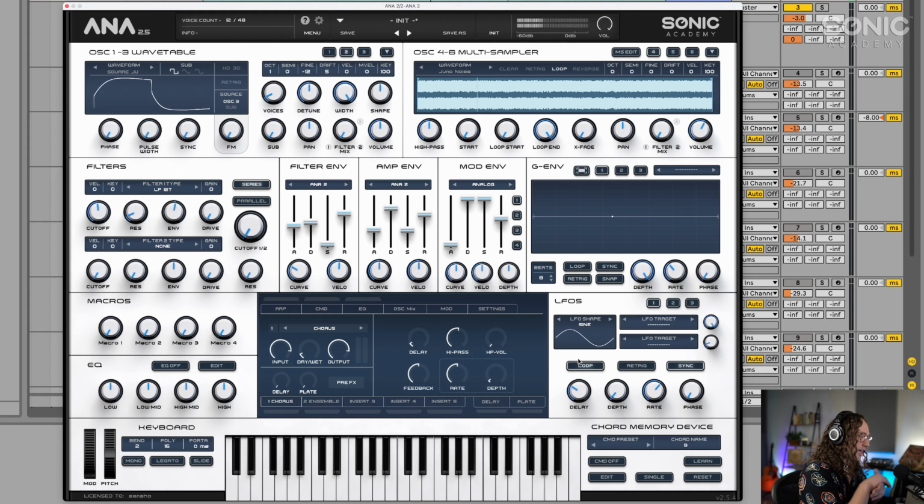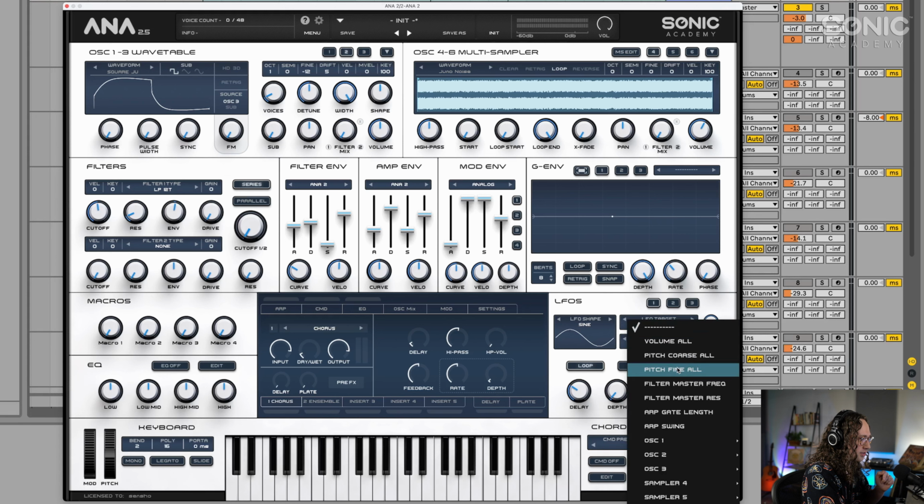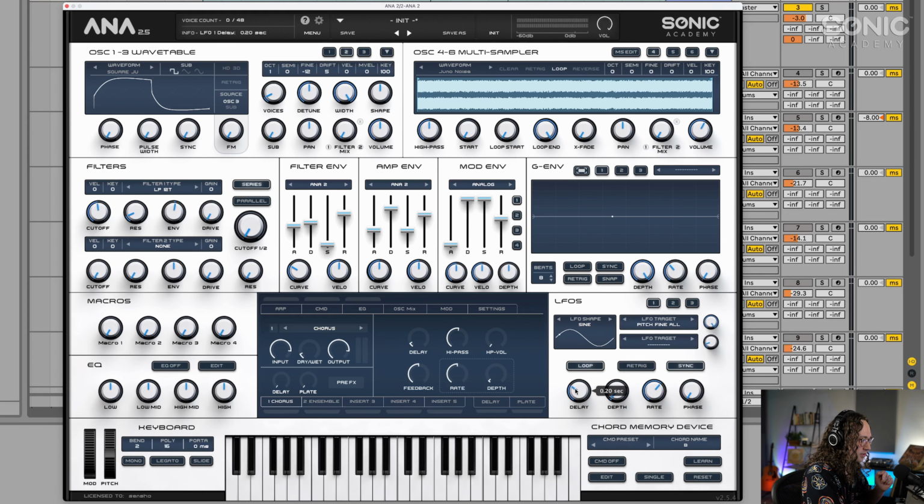Another cool way that we could add some kind of analog quality to it is we could start messing around with an LFO in relation to the pitch of everything. So you can go to this LFO section right here, and if we set the LFO target to pitch fine all, I like to bring this delay down real quick. And you can hear, if I bring this depth up,